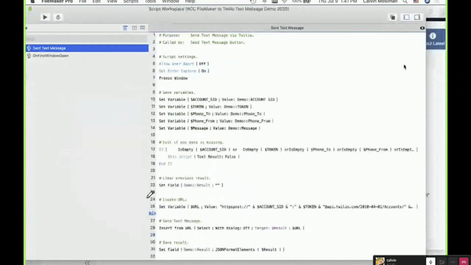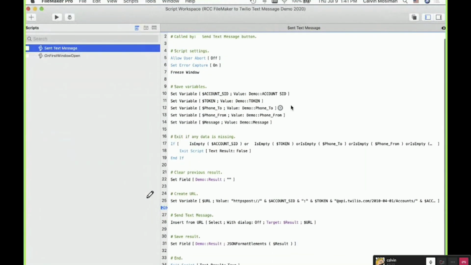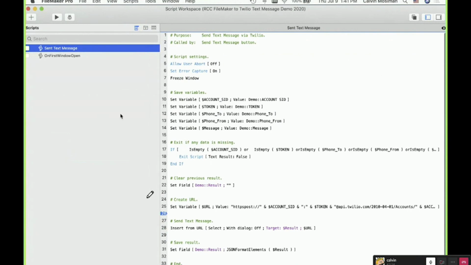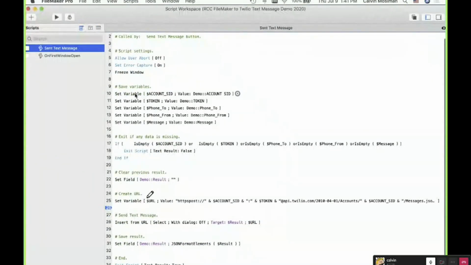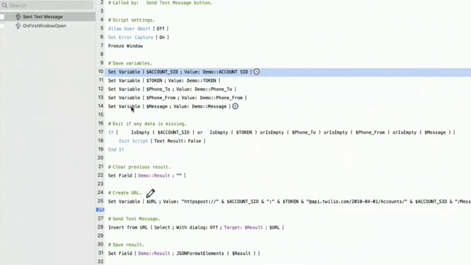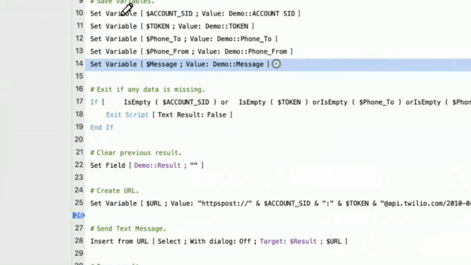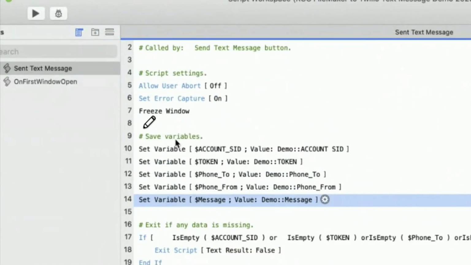So here's my script. It's pretty simple. I think it's only 34 lines. The first thing I do is put all of the information in variables. I have set it up using assign in other apps to make it so I can send text messages from anywhere in the app. But in this case, just for the demo, I'm putting it in the